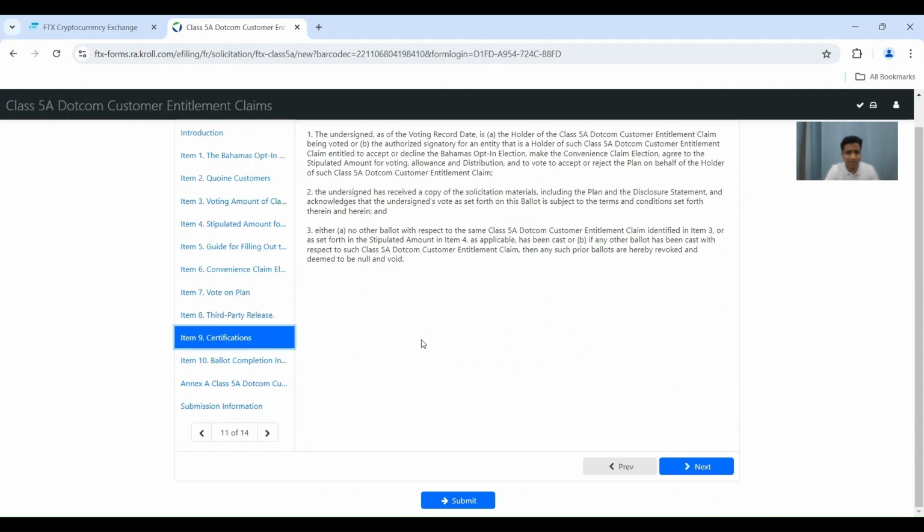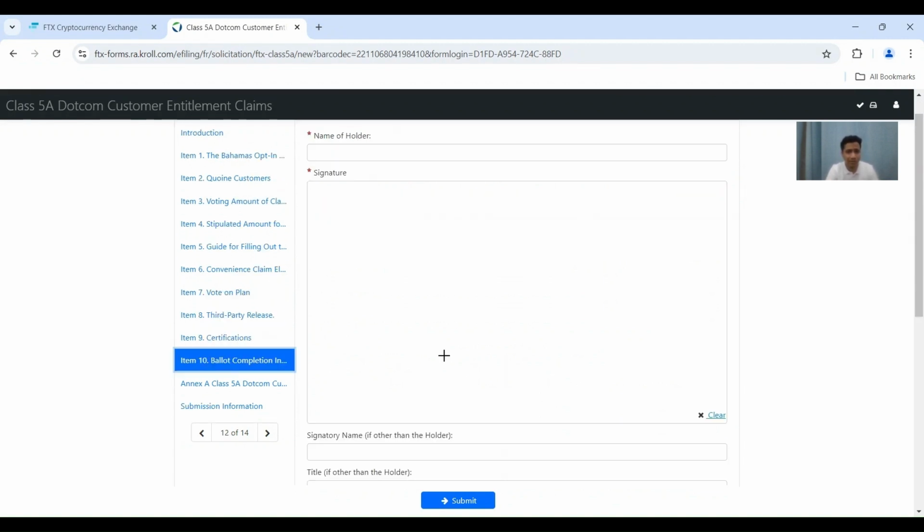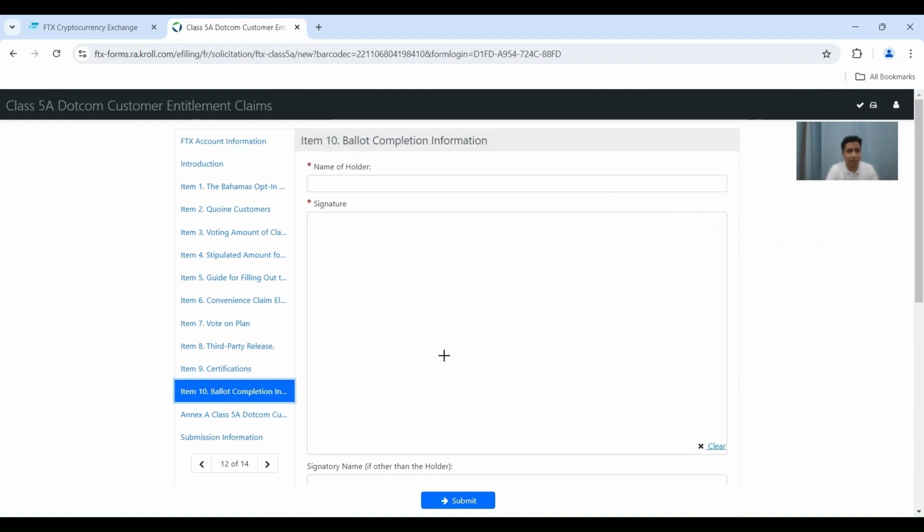We can read through this. We can certify whatever is written here. I'm not going through this in detail, and then we come to the last part of this. Now, for the purpose of the video, you have to type in your name, which is in my case Investment Vitals,